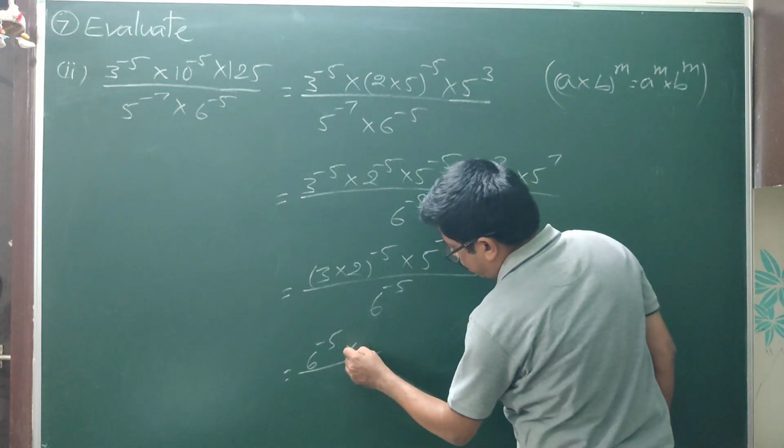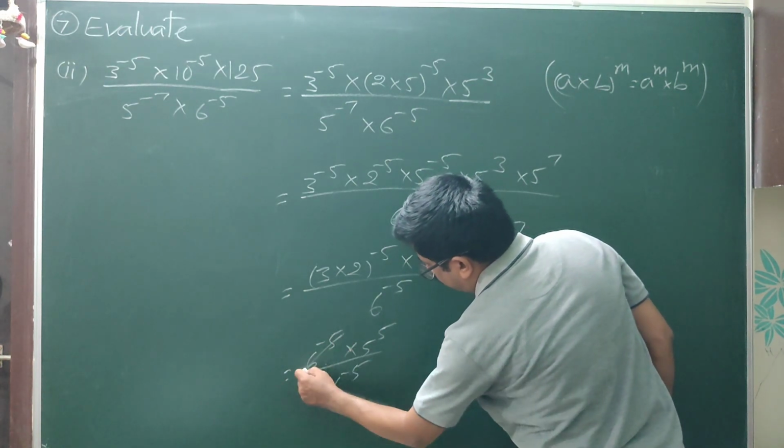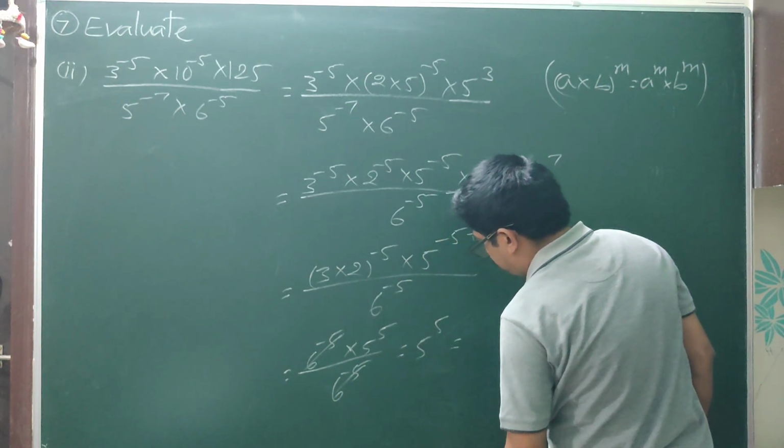So it becomes 5^5 by 6^(-5), where these are cancelled and only 5^5 remains, which is equal to,